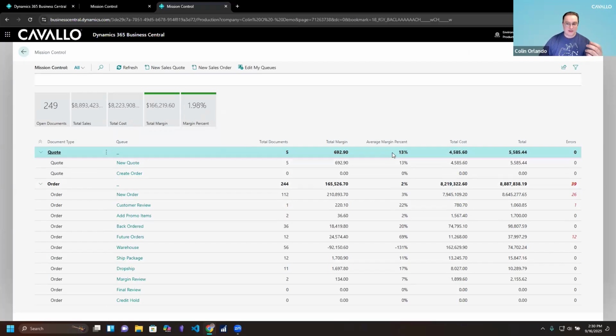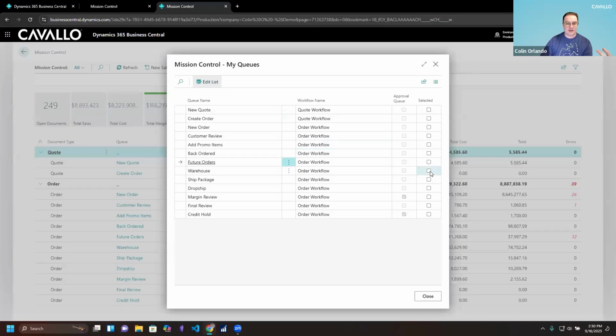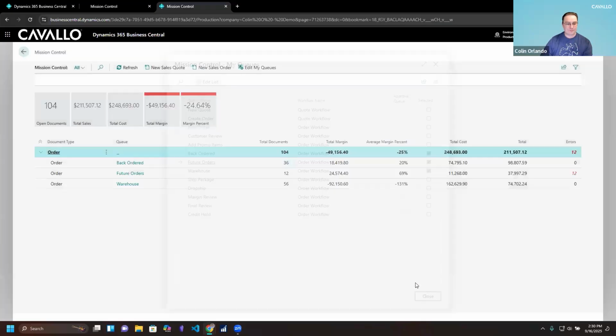And you can see, to Dean's point earlier, the average margin here, the total margin, and answer some of those super important questions before the order becomes an invoice. And what our SalesPad users really like about Sales Monitor also is the capability to pare down the screen to just the areas of the application that I need to pay attention to and work in. So maybe that's just these 3 queues. Go ahead and close it, and you pare down your view to just the 3 queues that you need to pay attention to and the document totals in those queues.